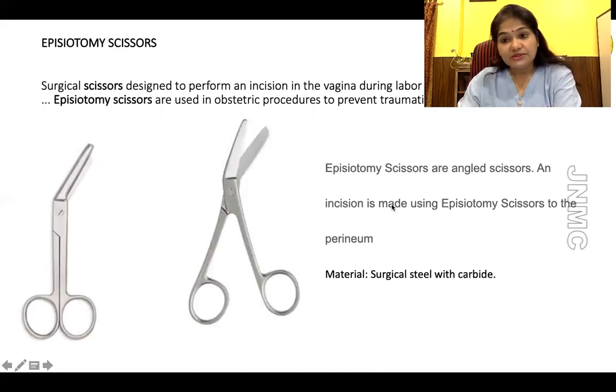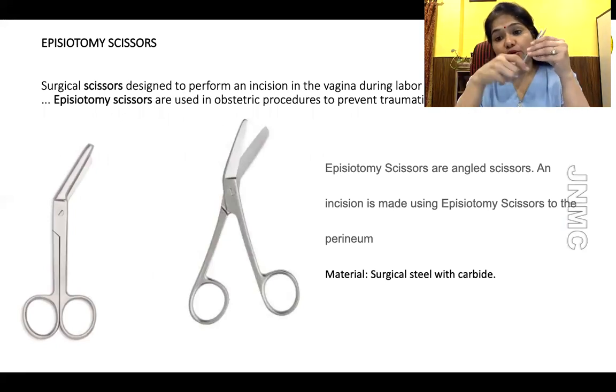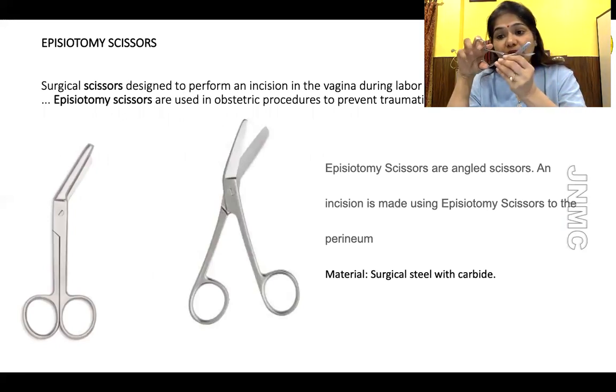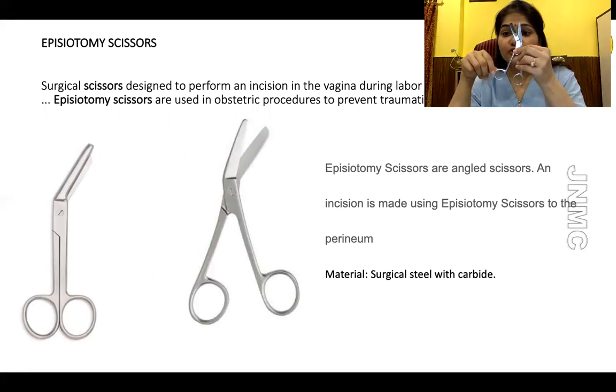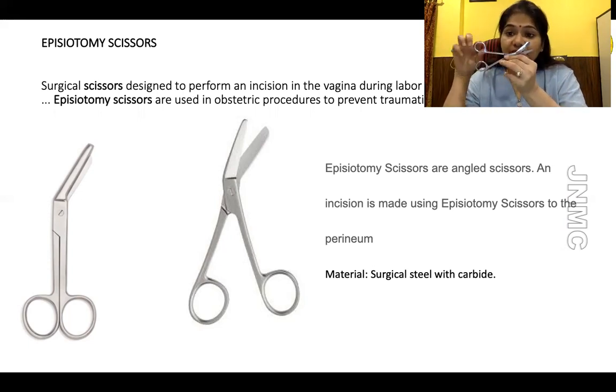Coming to episiotomy scissors, this is an everyday instrument like the sponge holder. It is used for episiotomy. The whole viva is going to go on episiotomy. Look at the unique features. These finger bows are not like an ordinary scissor. Both finger bows are directed in one direction. It is an angulated scissors. The direction on one side is meant so that it doesn't obstruct while you're cutting in the perineal area.